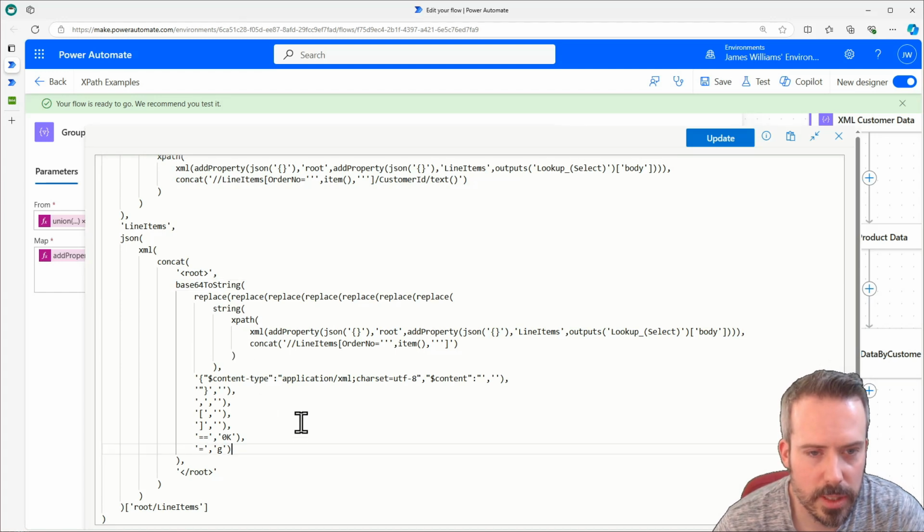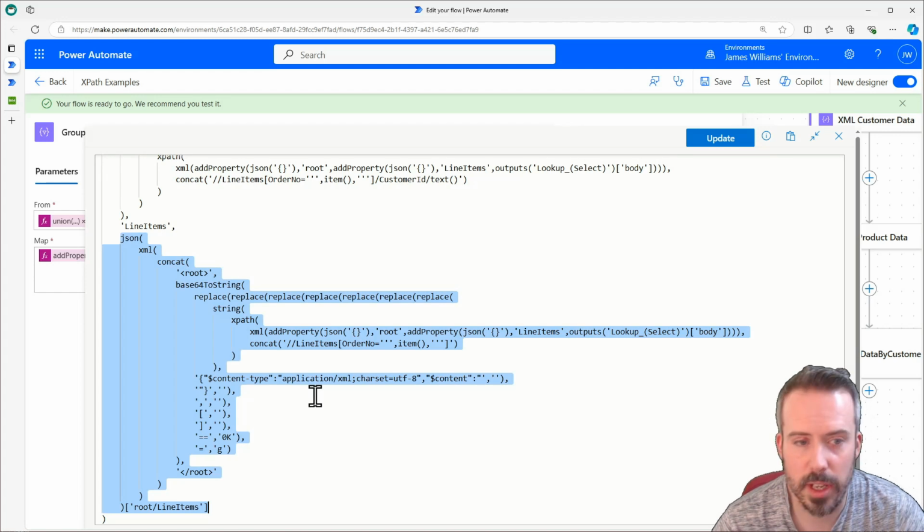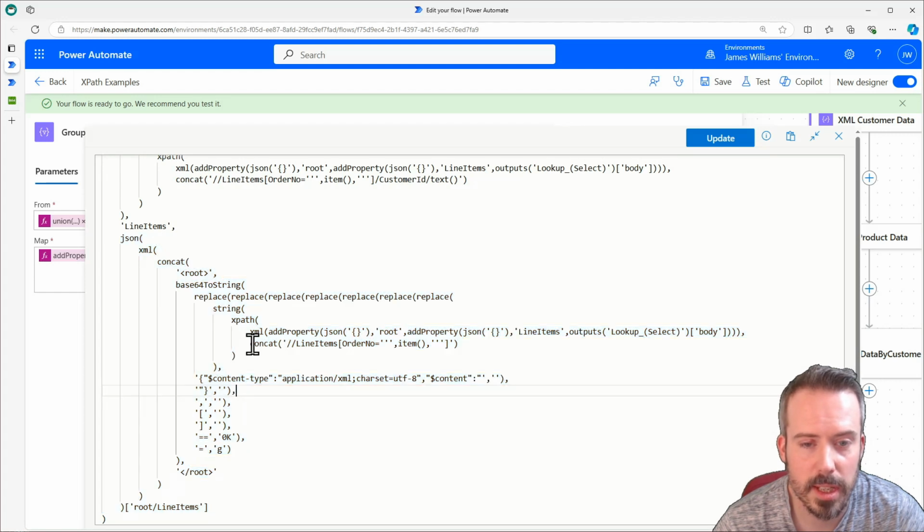I'm not going to go over it in great detail here, but if you're interested in how this section of the expression works, please do go watch that previous video. I'll put a link to it down in the description, and it's the chapter on the nested select that you'll be interested in. But basically this returns the array of line items associated with the order that we've extracted using